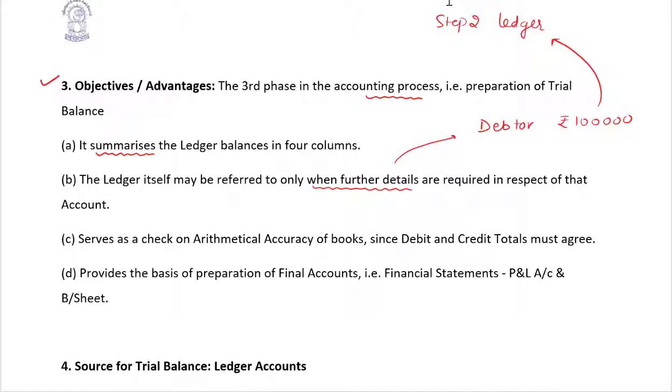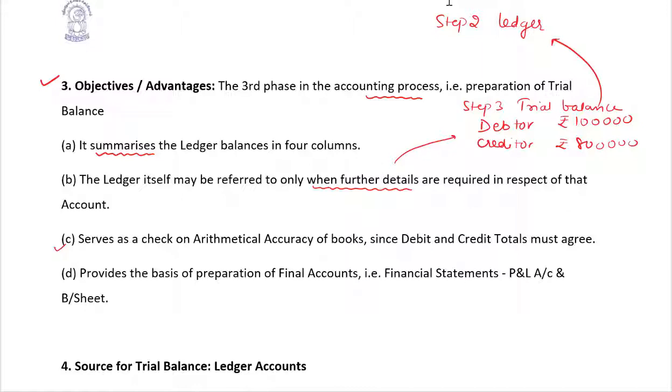So we are on step 3 right now, that is trial balance. Step 3 is trial balance. We had seen debtors balances over here, or we had seen the creditor balances over here, 8 lakhs. Now we want to further investigate on debtor and creditor. We should go where? We should go to ledger accounts, that is step 2.